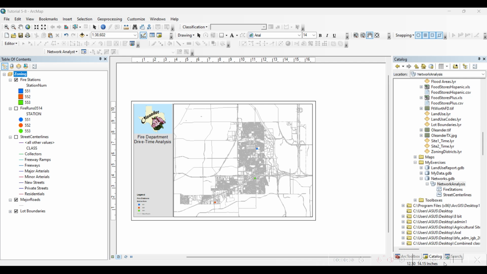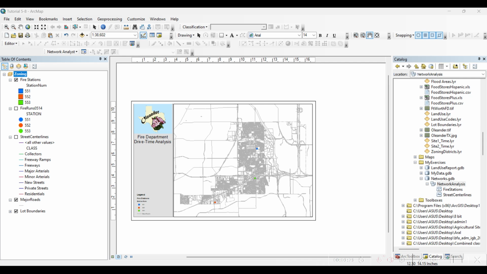So networks can include streets, pipelines, electric lines, train tracks, etc. These networks all have connectivity and something traverses them. So for instance, we have a cost per mile for each street segment. The network analysis extension can show how far we can go for $1. So for this tutorial we will calculate the time that it takes to traverse each segment and see how far we can go in a specific number of minutes. So we will use this network analysis extension to show how far the fire trucks can go in a given